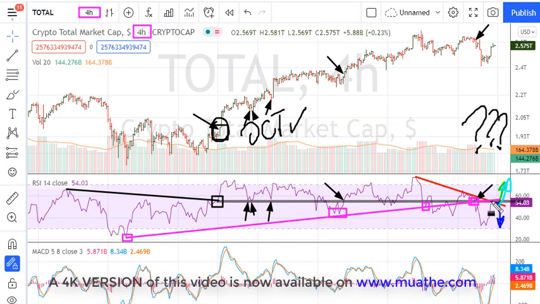So let me draw that black line right there, confirming that this area is an area for decision making. Above this area, cryptos move higher. Resistance on this area with uniform activity, expect the cryptos to move lower. And keep in mind that as they move lower, if they move lower, movement back below RSI 50 is going to lead to a big 4 hourly candle down.